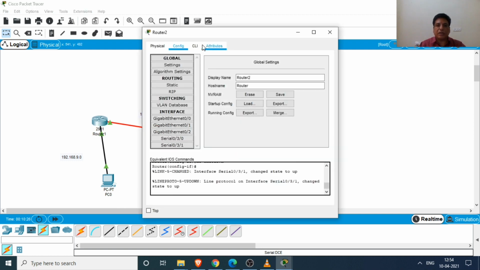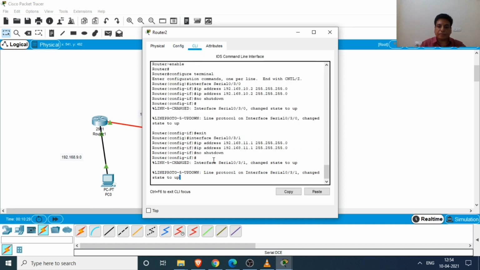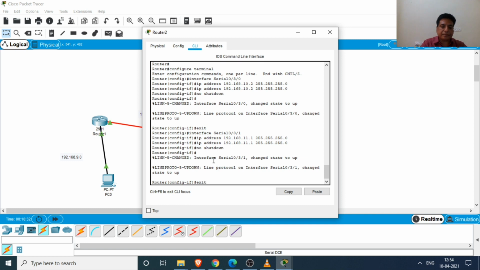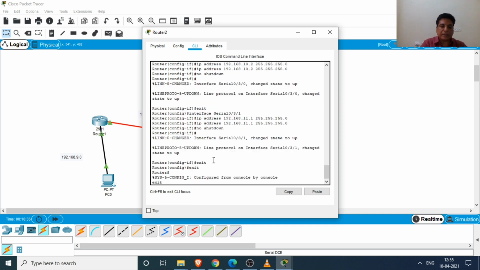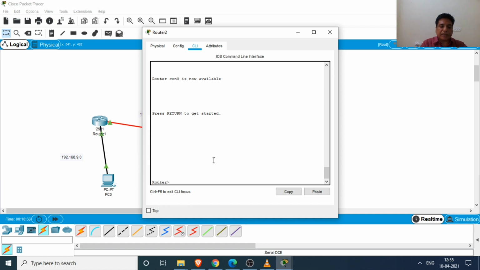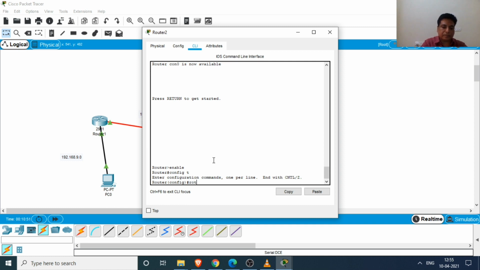So click on this router, come to the CLI mode, exit, then we give the first command, enable, and config t, then router EIGRP, then the autonomous system we assume 1, then the network address, network 192.168.10.0, that is the first neighbor.